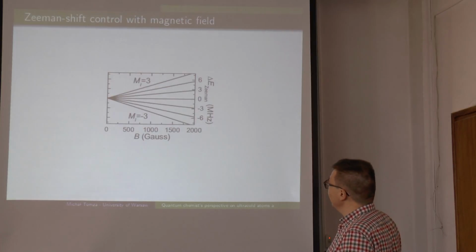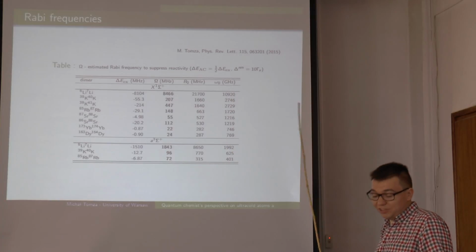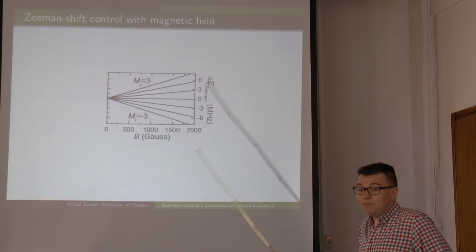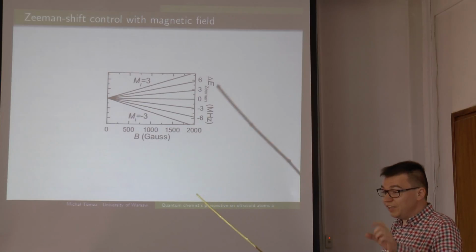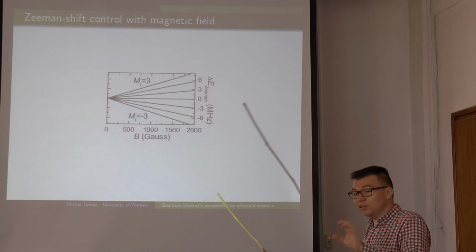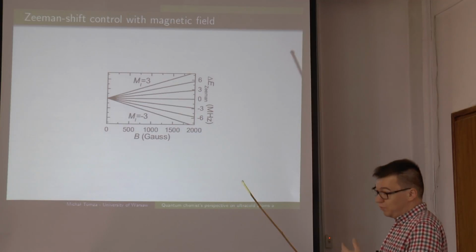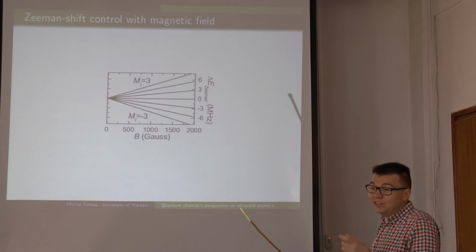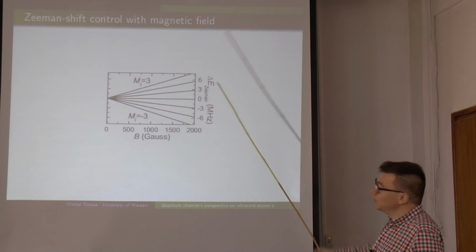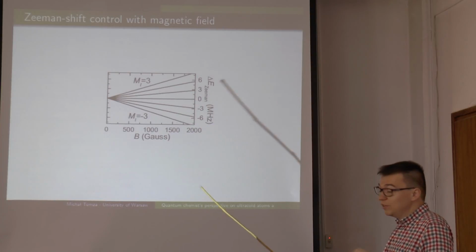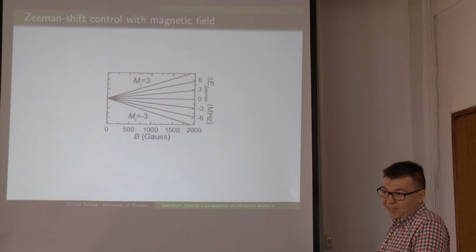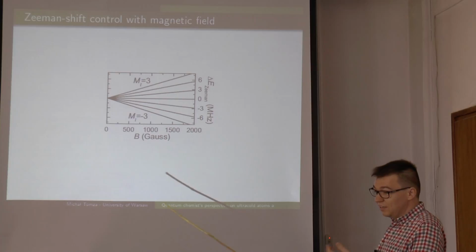Okay, so we have this kind of control, and can we apply some additional control? The answer is yes, because we can apply a magnetic field, and we also can have a Zeeman shift connected with the nuclear spin. We don't have electron spin in a closed shell rubidium molecule in the singlet state, but there is always nuclear spin for alkali dimers. The Zeeman shift for the nuclear spin is very, very small, but still it's on the order of megahertz. And this is exactly the scale that we need to control our system.